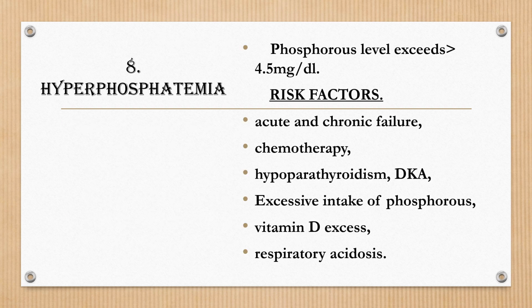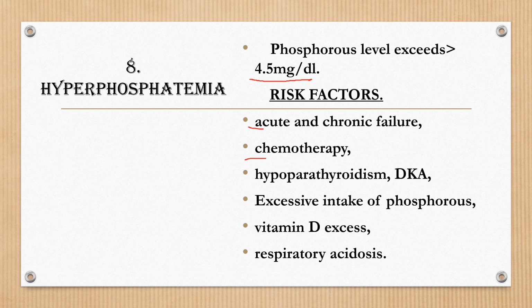And finally, there is hyperphosphatemia, that is an increased phosphorus level. When there is increased phosphorus, a serum phosphorus level of more than 4.5 milligram per deciliter, then we term it as hyperphosphatemia. So what are the factors that lead to hyperphosphatemia? They are acute and chronic renal failure, patients